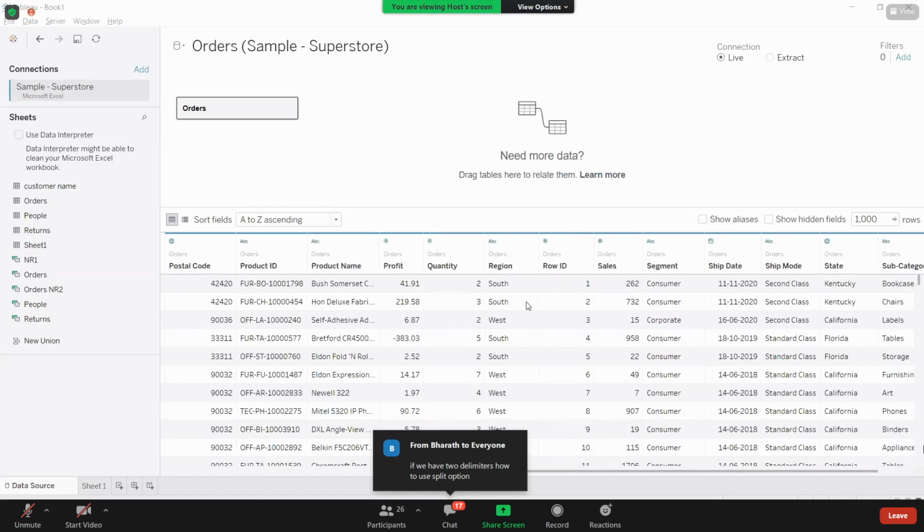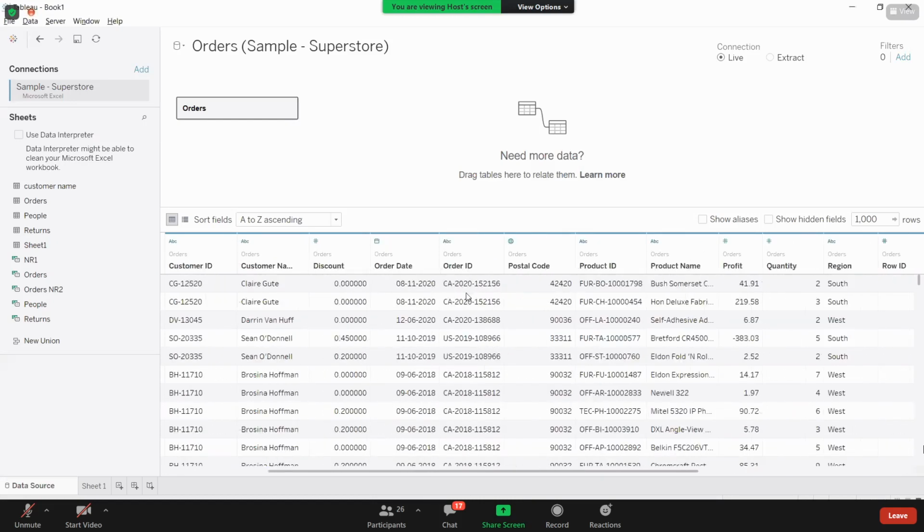We are having two delimiters here, right? Under order ID, we are having two delimiters. Two separate delimiters, if I'm not wrong. Two different, yeah. Then we will see that in the calculations.